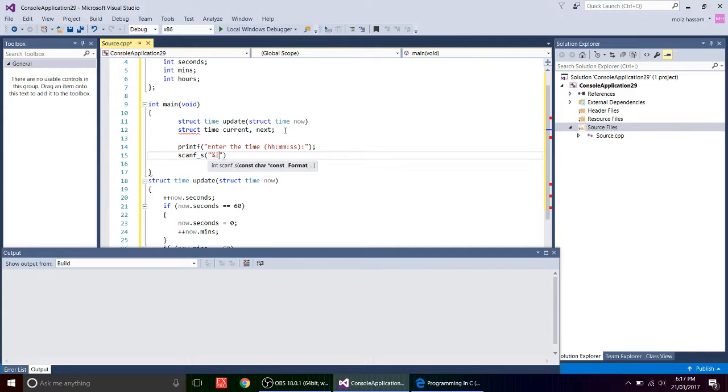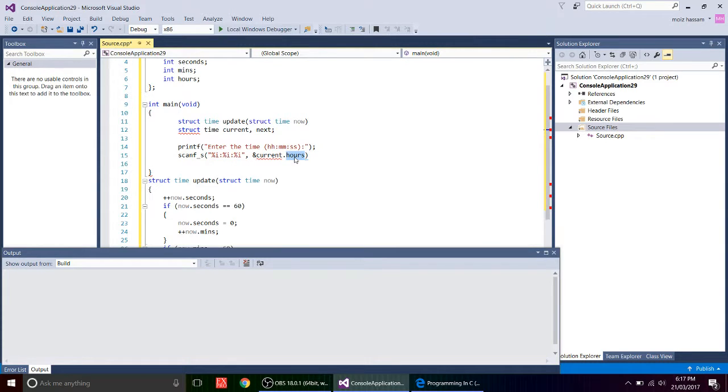And I'm adding separated by a colon, so it's easier to take an input because the scanf function is expecting a colon to be inputted. And these are integers, and I will concatenate them to current dot